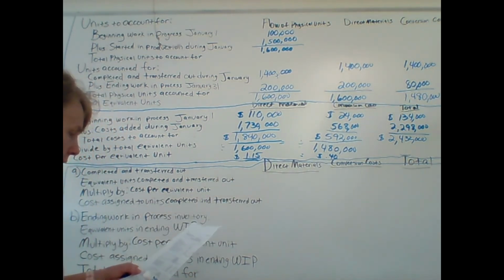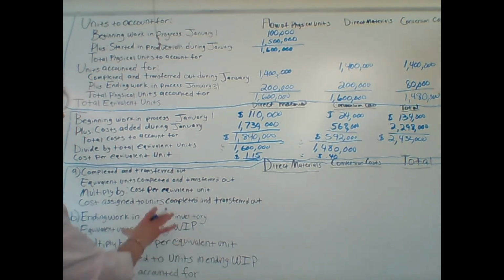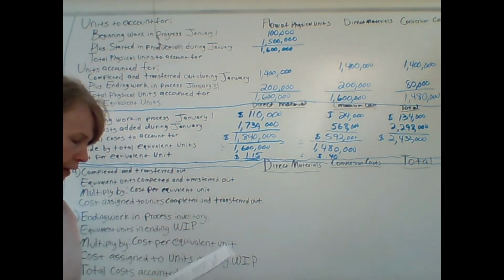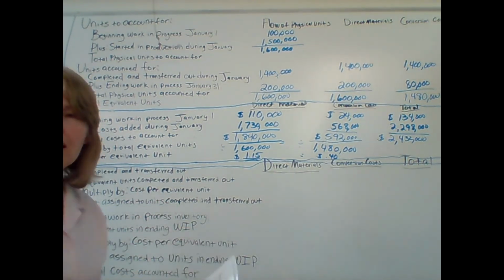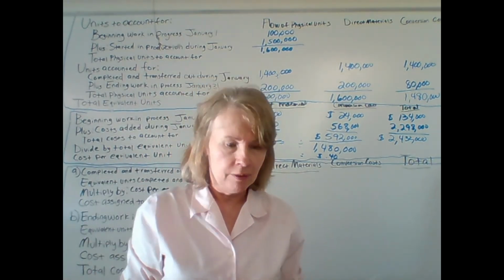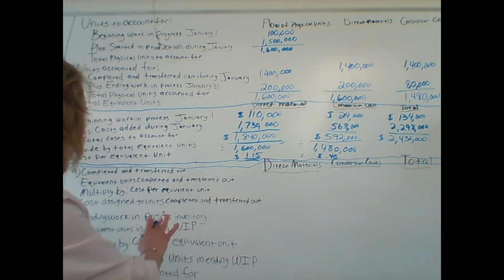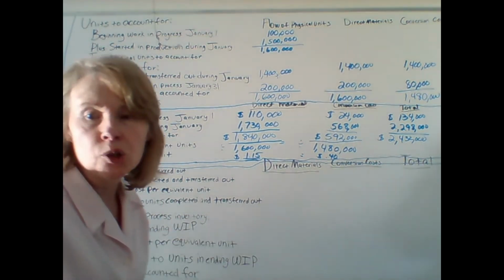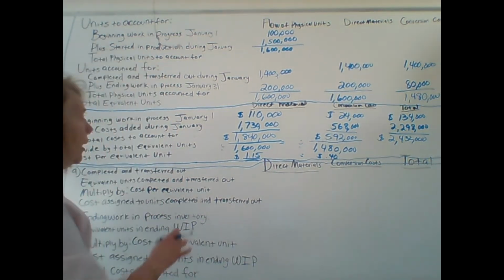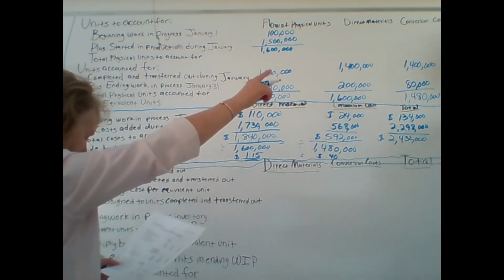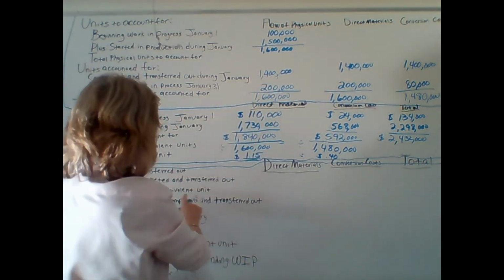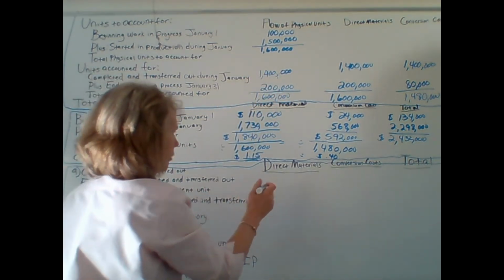So the total equivalent cost per unit is $1.15 for direct materials and 40 cents for conversion costs. All right, now we're finally ready. We're going to get to our 5th schedule. Now you can see why I broke this up for 2 weeks. All right, so we're going to do our equivalent units completed and transferred out, okay? That I'm getting right from up here. So equivalent units completed and transferred out,